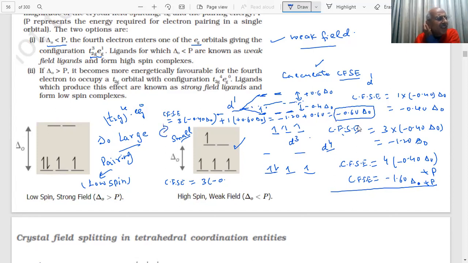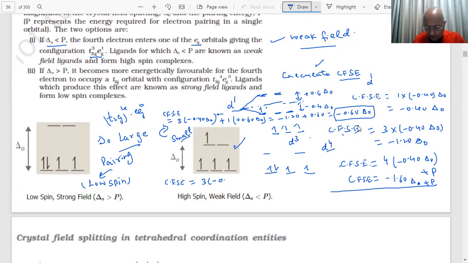Therefore, this is just an attempt to tell you that it is possible to calculate the crystal field stabilization energy. The value which is lower is shown as minus because it is a stabilization, it is attraction, and the ones which are facing strong repulsion, their energy is lifted, and that shows the destabilization and a positive value of the energy. The lower the energy, the more stable is the complex. That we know already.